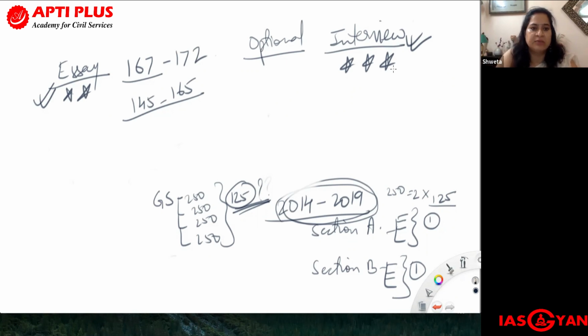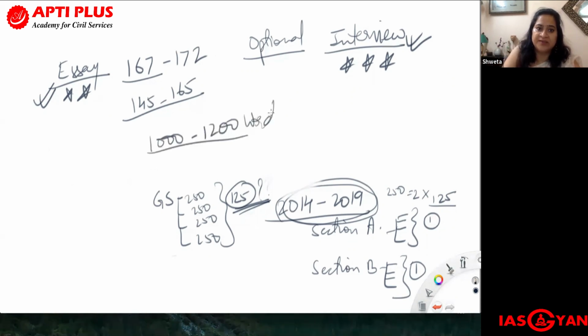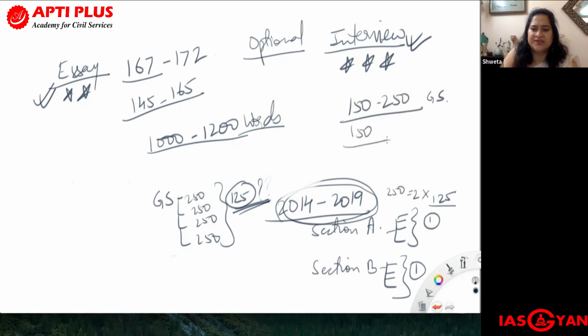In a similar manner, in the essay, you are writing 1,000 to 1,200 words. Now mind this, 1,000 to 1,200 words is a lot, because the word limit related to GS is 150 to 250 words. And in optional also, most of the questions, that is 13 questions, are of 150 words, and a few questions, that is 6 questions, are of about 300 words, though the word limit is not mentioned. So the longer 20 mark questions in optional, for which the word limit is not mentioned, are tentatively 300 words.